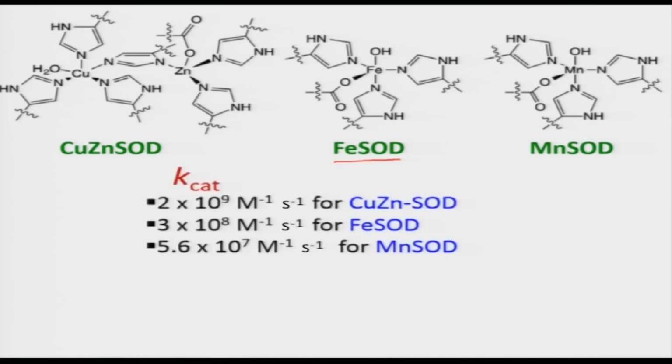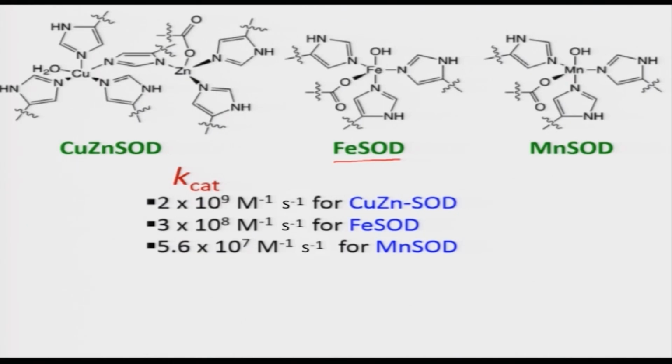If you look at the catalytic conversion, kcat, what do you find? For copper zinc SOD the rate of catalysis is 2 × 10^9 M^-1 s^-1. For iron SOD the rate is 3 × 10^8, for manganese SOD 5.6 × 10^7. You see that the conversion rate is very high, 10^9, whereas the uncatalyzed reaction is very low, and nature has used this enzyme to speed up